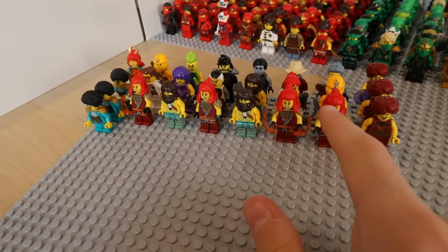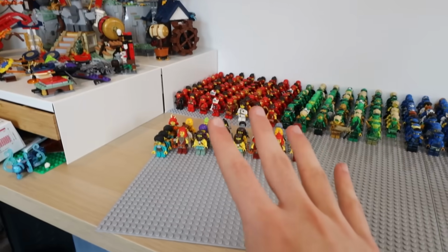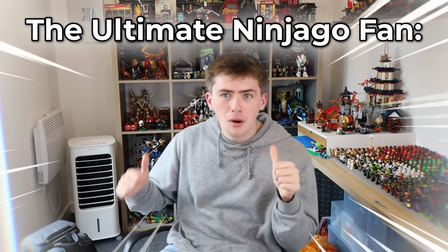Alright, so here are all the Elemental Masters. You know, we've got a couple of duplicates here, as well as some different variants of minifigures. And so far, this is looking amazing. What was that? Sorry? Oh, you don't have all the Elemental Masters? Oh, I'm so sorry to hear that, because I do. Not that big of a flex. Probably a bit embarrassing that I do, but...